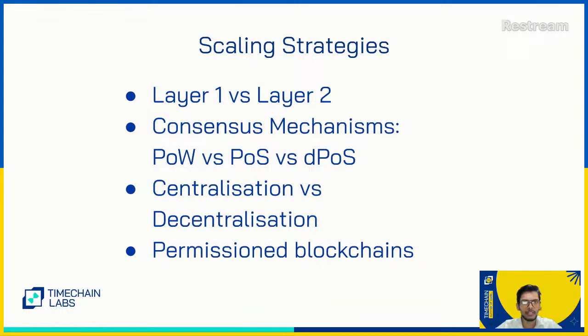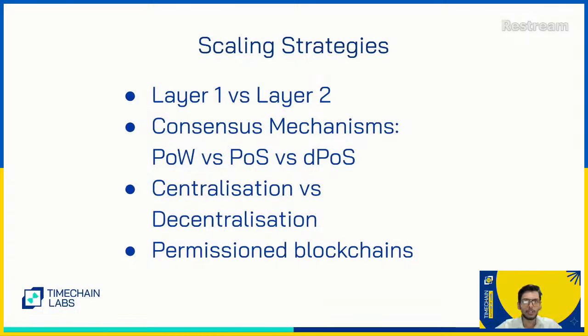Permissioned blockchains are another way of scaling, where you centralize the blockchain in such a way that only selected miners or selected players are able to create the blocks, and you have a central server essentially, or a distributed database system, just like your Discord server, or any other distributed database that powers Facebook, like Scala. There are Scala based systems. There are different database systems like Cassandra, particularly used by Facebook, and Discord before that, to scale. So permissioned blockchains essentially act as immutable distributed databases, no different than that, trying to scale.